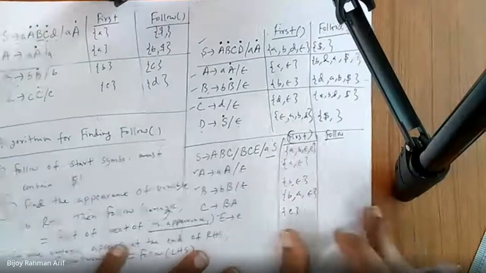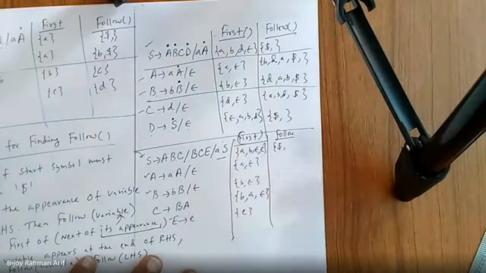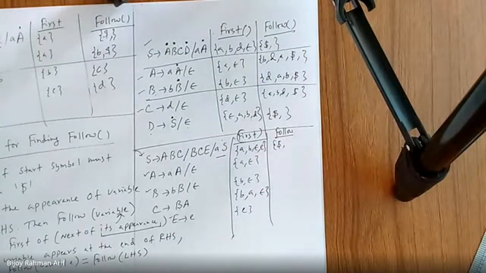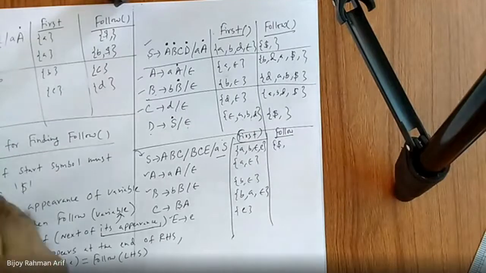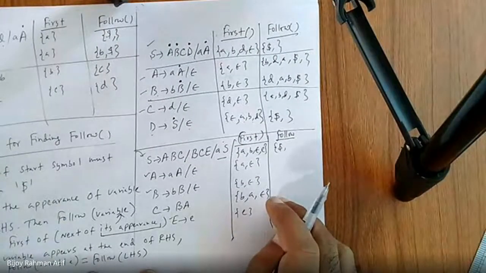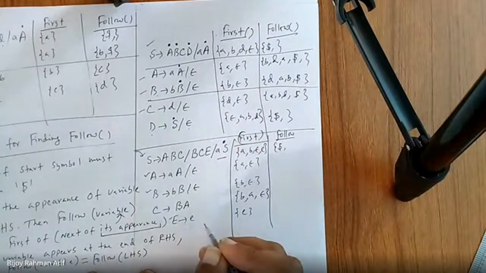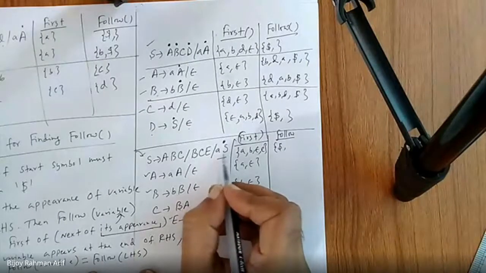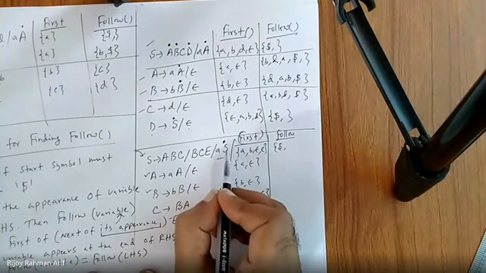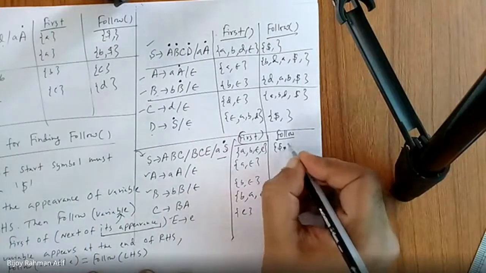Which one am I going to do first? Start. It is dollar, but we cannot stop over here. All those rules are recursive, except the first one. Yes, the first one is not recursive. So we have to find out where S appears on the right hand side. It appears here. Anywhere else? No. But this one, we can stop over here because follow of S is nothing but follow of S. So it cannot generate anything new. Done. Now go to here.